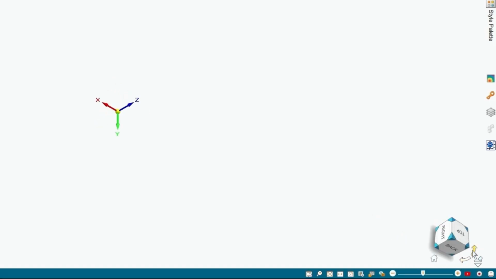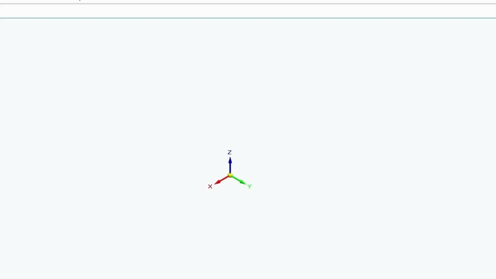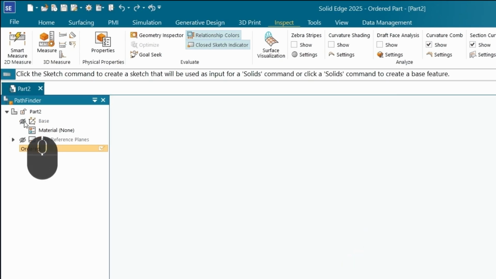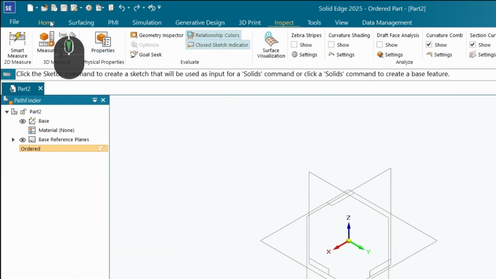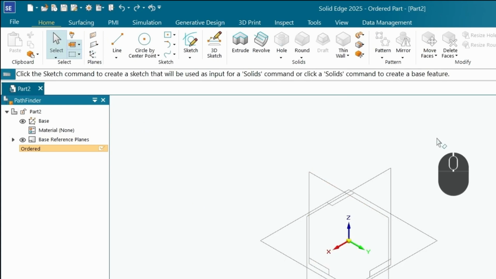We can also rotate the view. So if I want the Z-axis facing up, I can click on this arrow here to rotate it up. We can also turn off our base view here. That little picture of the eyeball here shows what's showing and what's hidden, so I can hide my base view. I can also show it, and I can show my base reference planes. Okay, so I'm just zooming in here, and I'm just going to click the home,